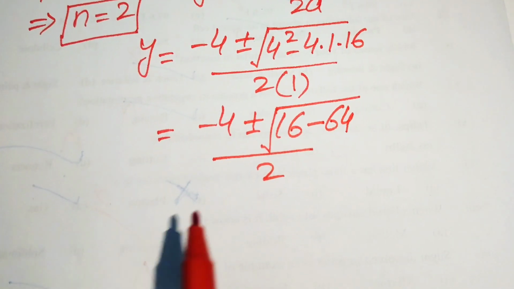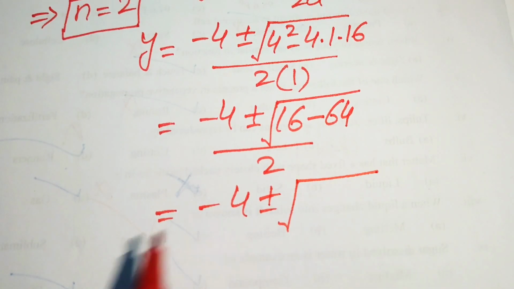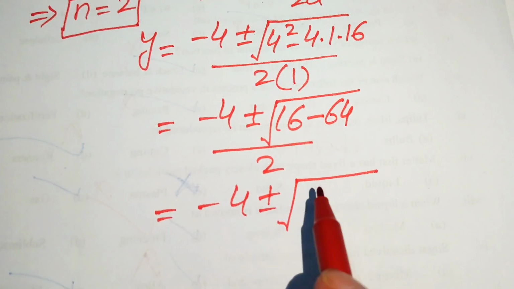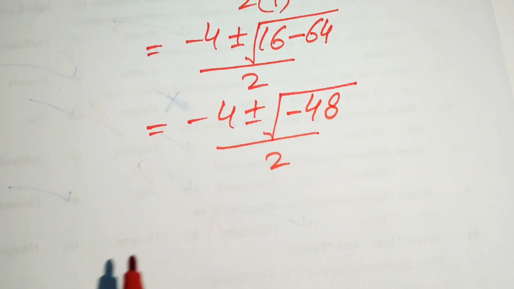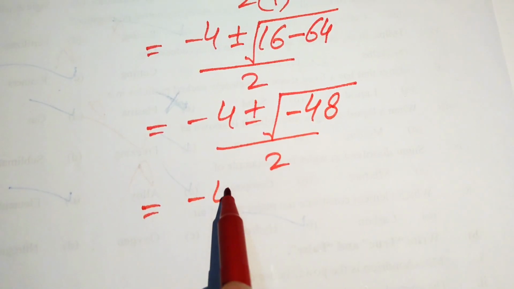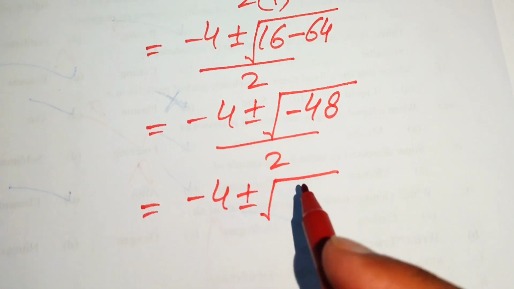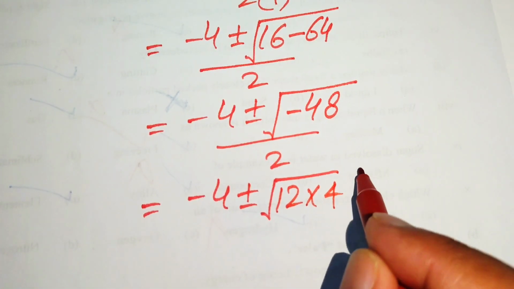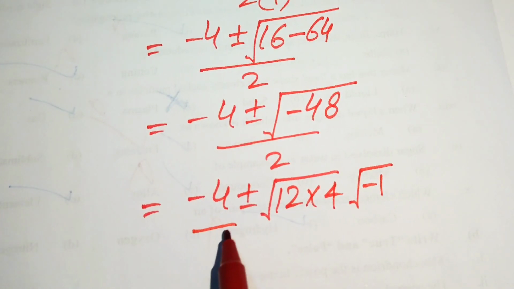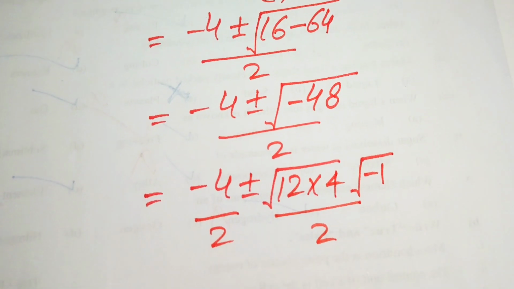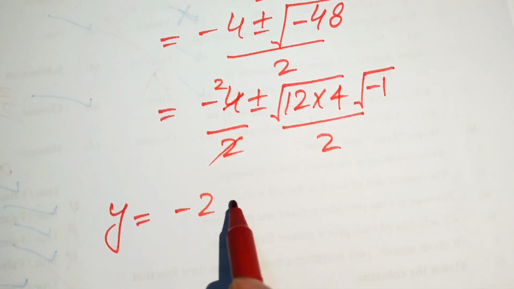And here when we subtract 64 from 16, it is written as minus 4 plus minus square root of 16 minus 64 equals to minus 48, divided by 2. So here we rewrite this equation as minus 4 plus minus square root of, we write this 48 as 12 times 4, and here we write the square root of minus 1. And now we separate this fraction, and we write this 2 separately on both of these terms, so that here we get our y equals to, these are cancelled by each other, and we get here minus 2 plus minus,